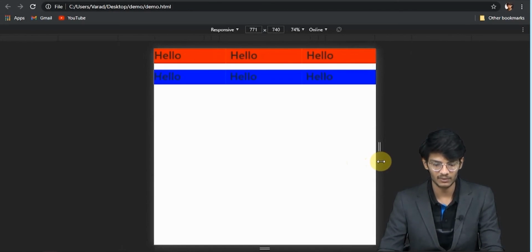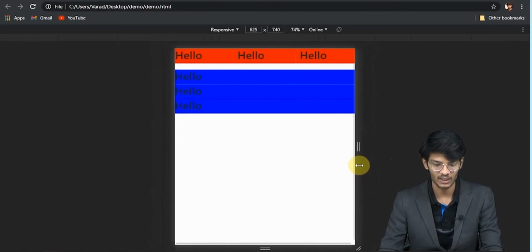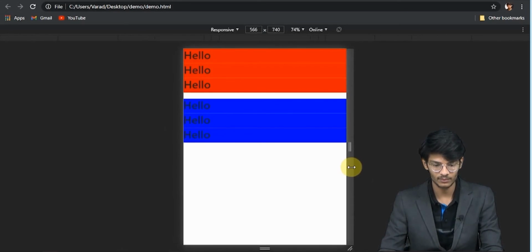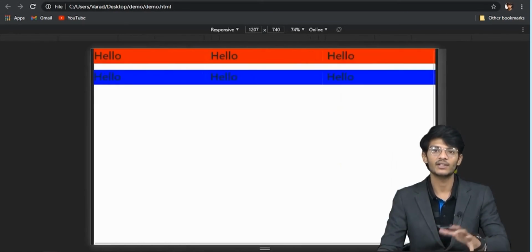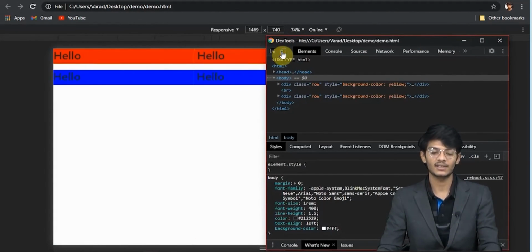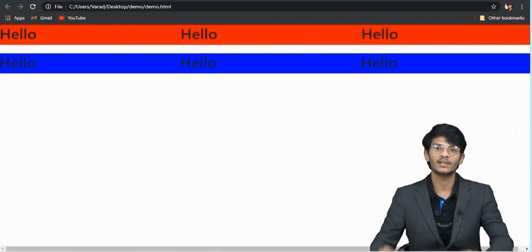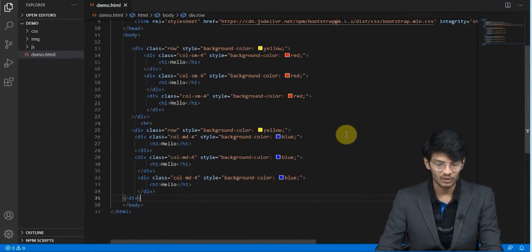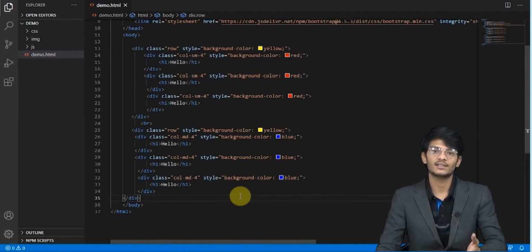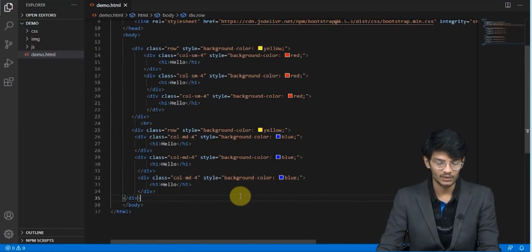So let's see what happens when we get to 768. So as we stretch, 768 is close. So it arranged itself. Okay, so as we get fewer pixels than 768, it arranges themselves accordingly. Okay, so like that only, col-lg and col-xl are the classes of the Bootstrap grid system which we use in particular websites.